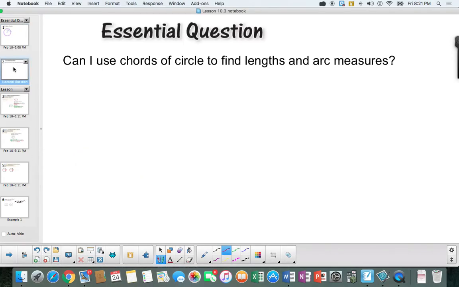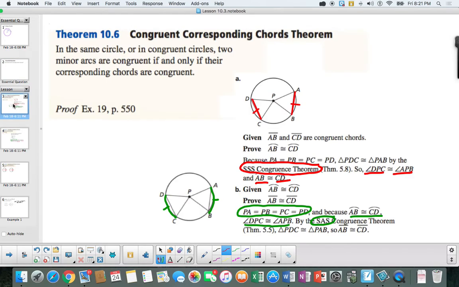10.3, using chords. Can I use chords of a circle to find lengths and arc measures? Let's take a look at our first theorem, the congruent corresponding chords theorem. So if I'm in the same circle or congruent